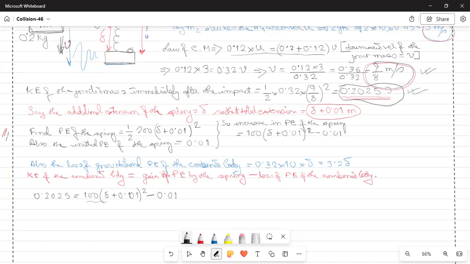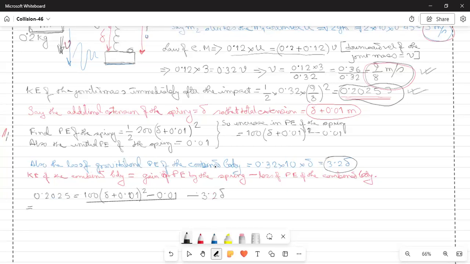So this is one part. The other part is minus 3.2 delta, the loss of gravitational potential energy. From here we find